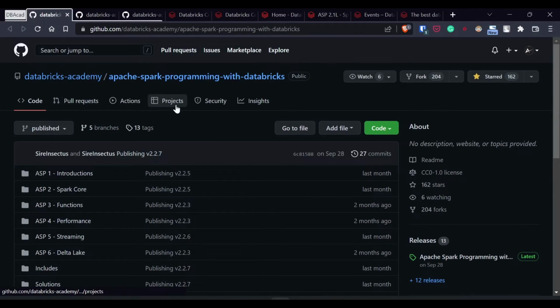If you go to their page, you'll be interested in 3 courses here. The first course, which is mandatory for both associate and professional, is Apache Spark Programming with Databricks. What this course covers is the basics of Spark. How do you read a data frame? How do you manipulate a data frame? What are Delta tables? How do you create one? This won't go into the machine learning side of it, but will focus more on